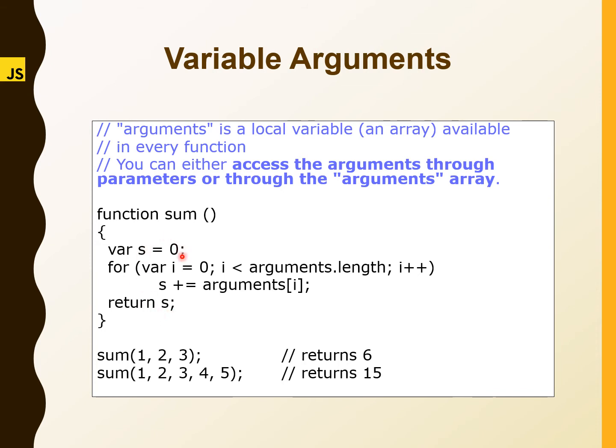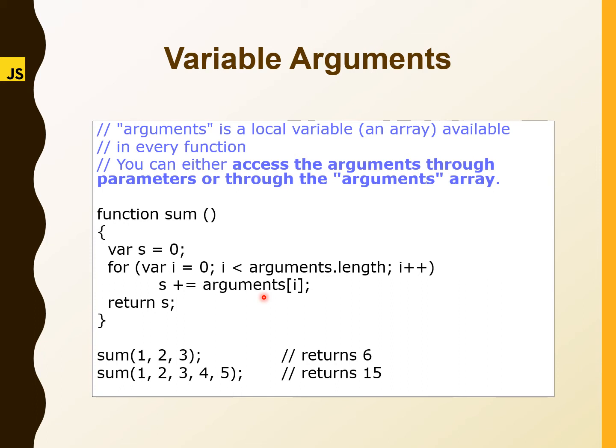If we look at this function sum, we can see that there is no parameter in the function header. At the same time, inside the function an array is used, with arguments.length and arguments[i]. arguments[i] indicates that arguments is an array. So the meaning of this concept is that in JavaScript, instead of having a local variable for collecting the argument, they are using an array called the arguments array. This sum function is an example where no parameters are mentioned in the function header.